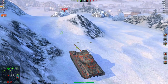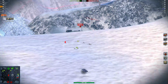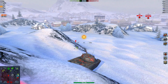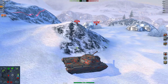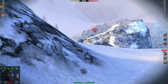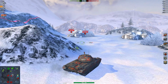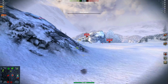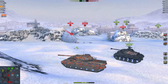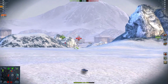Now you may be asking, what makes this tank so special? Why should I pick this vehicle up over any other Tier 8 premium tank? Well, it has a mechanic called auto-reloading, and there's only one other Tier 8 vehicle in the game that currently has this, and that is the Pantera 44. Now, the way this mechanic works, if not all of you are 100% sure on it, as you can see on the screen, I have a clip on this vehicle with 3 shells, just like any other AMX or a Batchat. And the way the clip works, just like any other vehicle, is when you shoot off one shell,